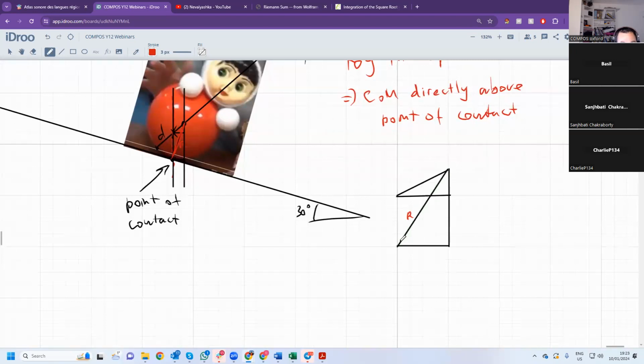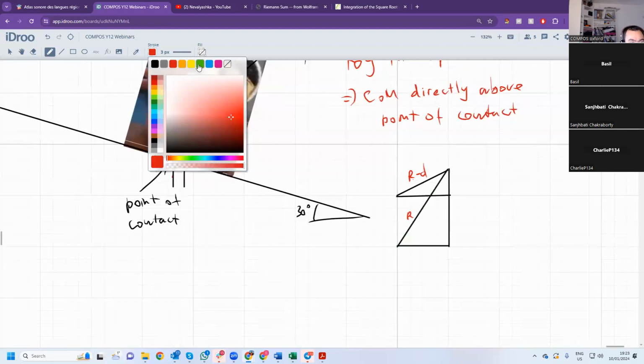Now this line is R minus d, because this is d, this is R, and this is R minus d. And using triangles,